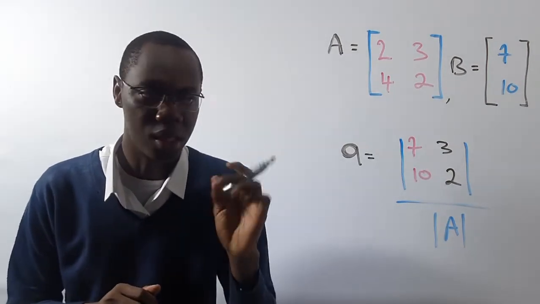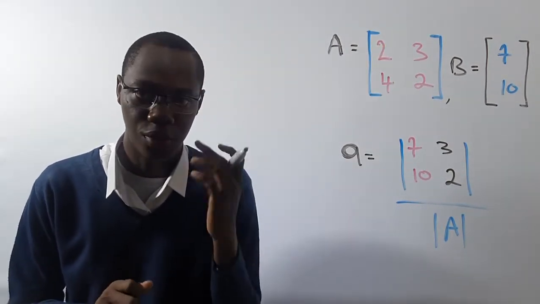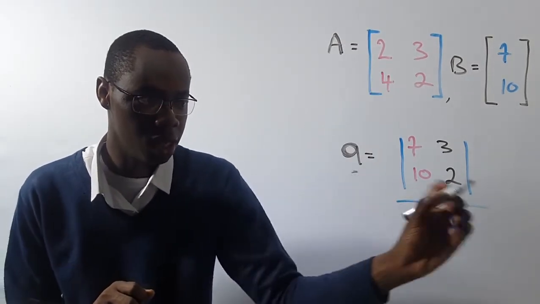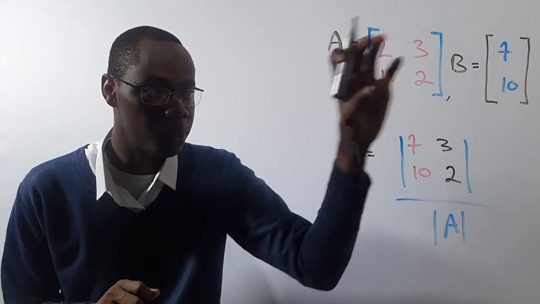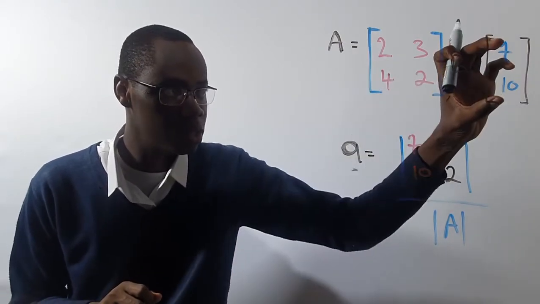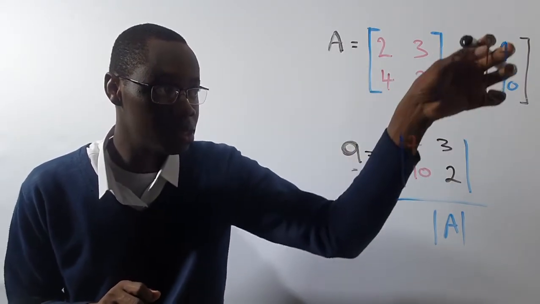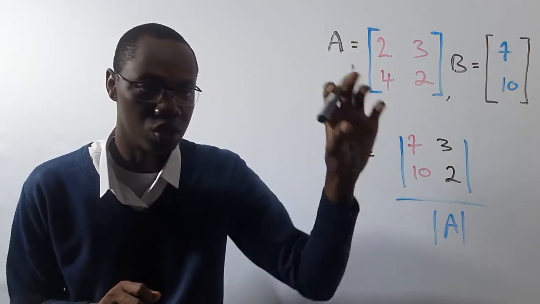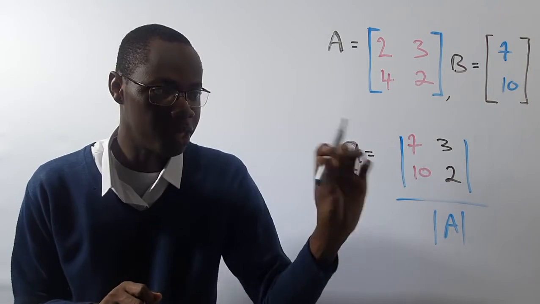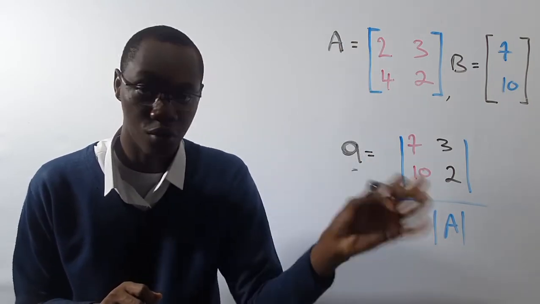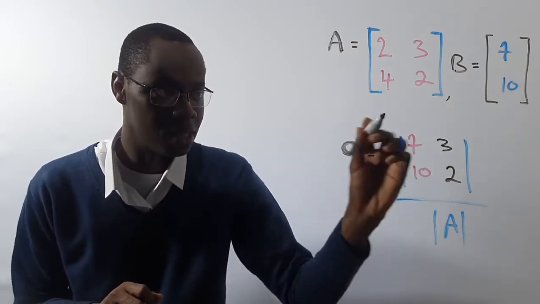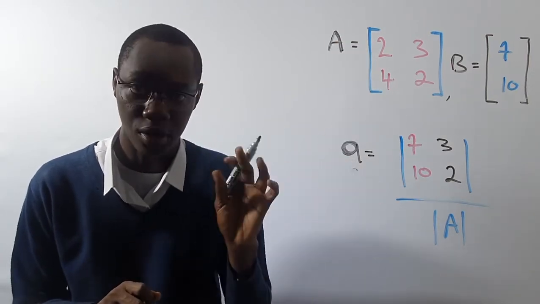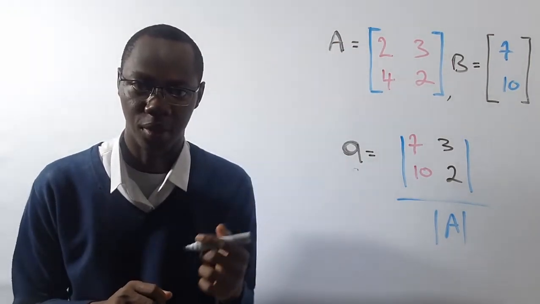Okay, so let me repeat that. To find the first unknown, all you need to do is find the determinant of A as the base, and then put this column here, replace the first column with this, and leave the other column as it is, like this. Once you find the determinant of this and the determinant of the original A, divide them and you should get the answer. Very easy method. But how about the second unknown?